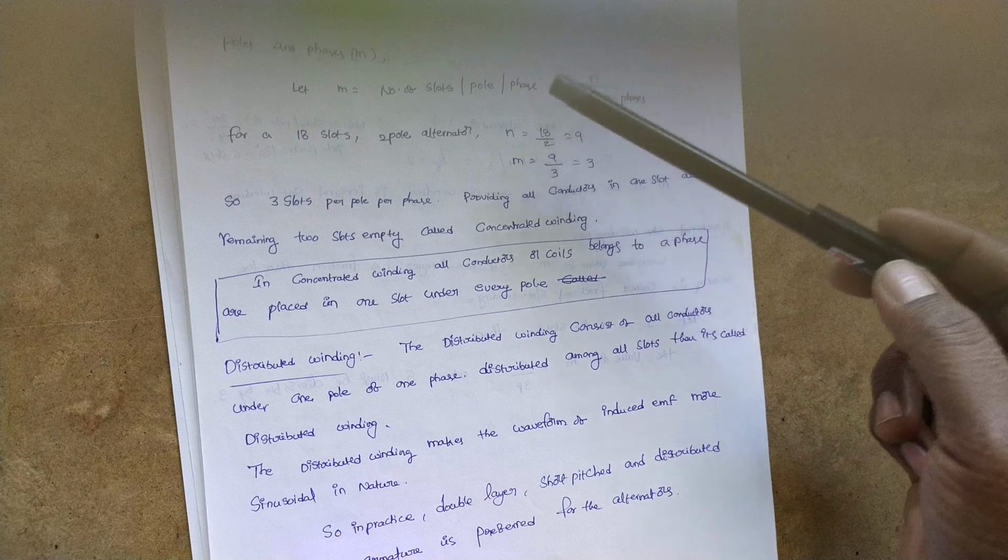In practice we are using double layer, short pitch and distributed winding. Distributed winding gives more EMF and ripples also will be less. It is an important thing. In practice double layer, short pitch and distributed winding we are using. Double layer అంటే ఏమి, షార్ట్ పిచ్ అంటే ఏమి, వాట్ ఈస్ డిస్ట్రిబ్యూటెడ్ వైండింగ్. పర్ఫార్మెన్స్ ఆఫ్ ఆల్టర్నేటర్ విల్ బి ఇంక్రీజ్ ఇఫ్ యూ యూజ్ డబుల్ లేయర్, షార్ట్ పిచ్ వైండింగ్, డిస్ట్రిబ్యూటెడ్ వైండింగ్. ఓకే,